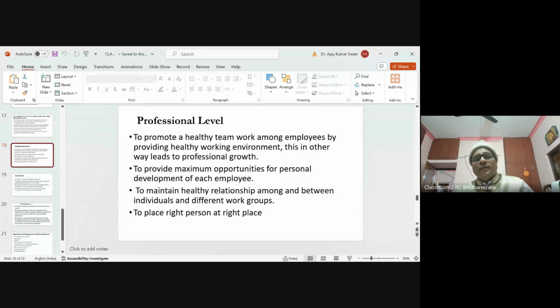This should not be done. The scope should be given to those who are qualified, who are competent; they should get better opportunity in that field also. Okay, so then